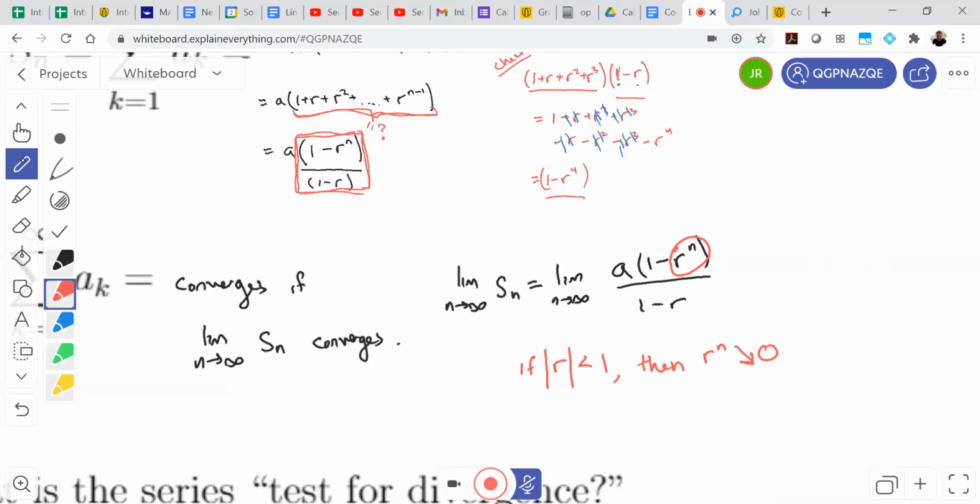As n gets bigger and bigger and bigger, you're taking a tiny fraction, raising it to a big power. It's becoming even smaller. And so r to the n goes to 0, and our limit of partial sums, aka our series, converges